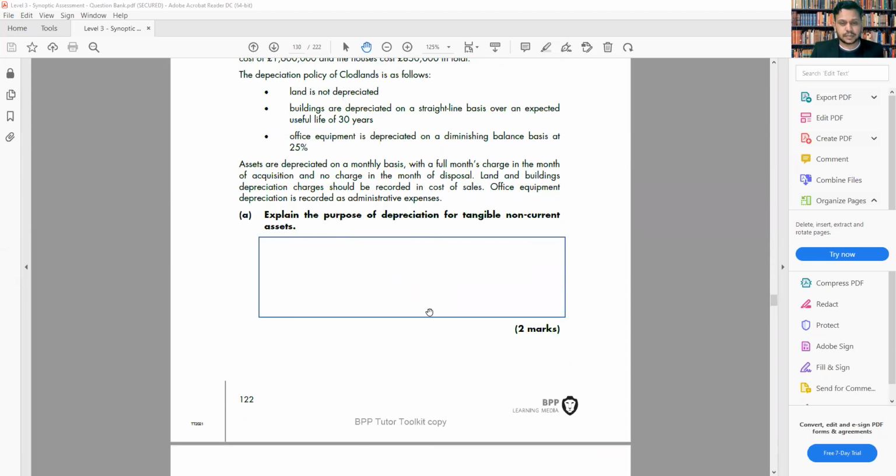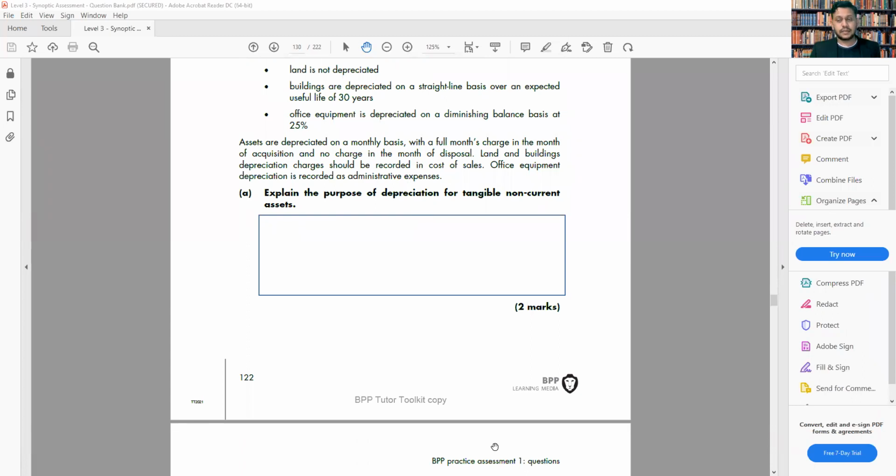Explain the purpose of the depreciation is a writing question for 2 marks. Remember, if you see a writing question, try to write 1.5 lines or 1.5 sentences for 1 mark. So when you have 2 marks, try to write at least 2 sentences, at least 1.5 lines each sentence. So first you can say depreciation. They said explain the purpose of depreciation of the non-current asset. So you can say